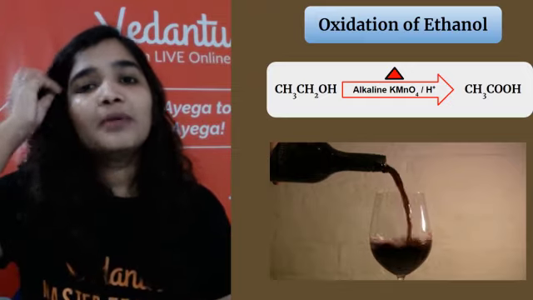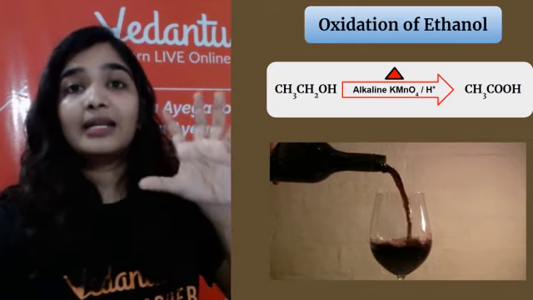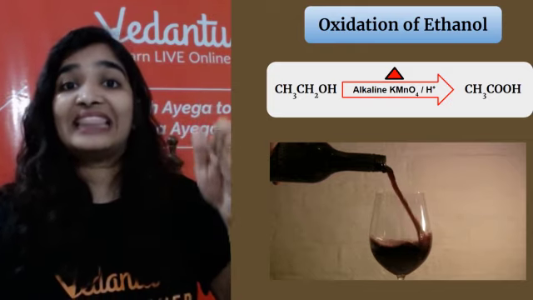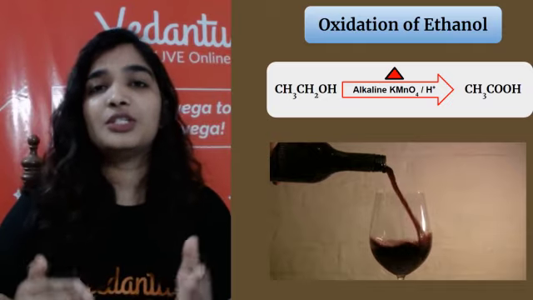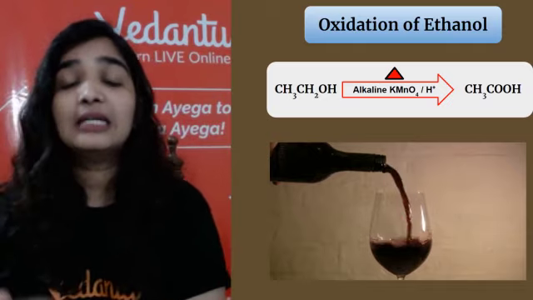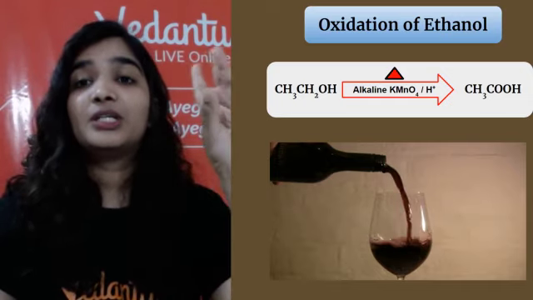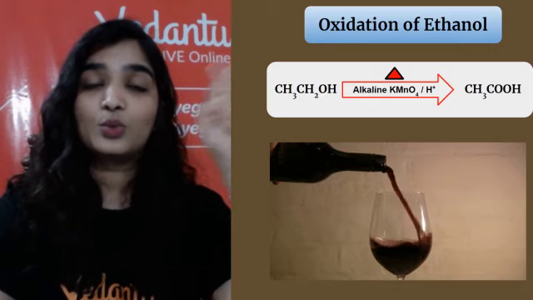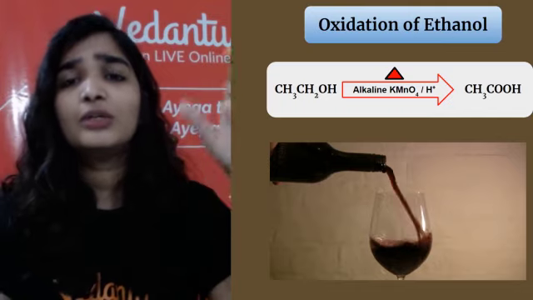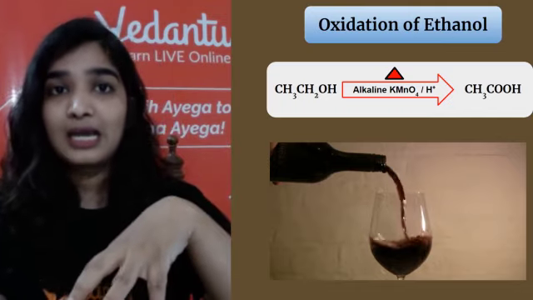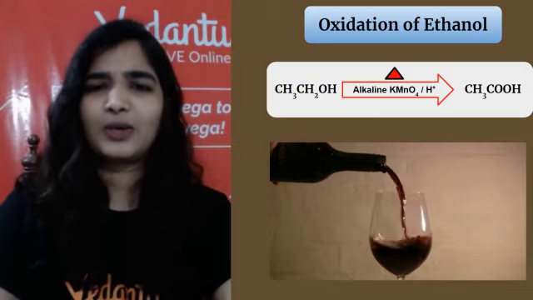So what happens first? Usually the reaction proceeds like this: our ethanol will be converted into ethanal, the aldehyde. Then on further oxidation, you will get ethanoic acid, that is CH3COOH. Mentioning the oxidizing agent is very, very important, and I have seen a few people getting confused with the names also. It is ethanol, ethanoic acid, also known as acetic acid.